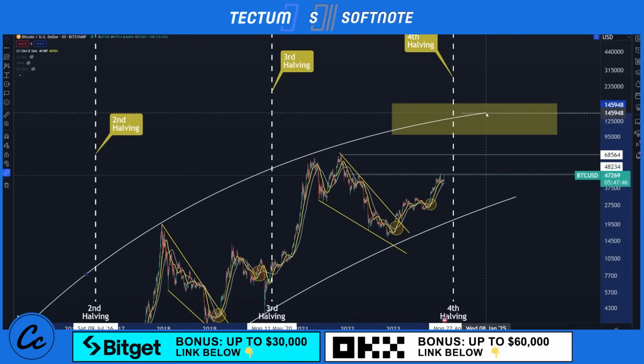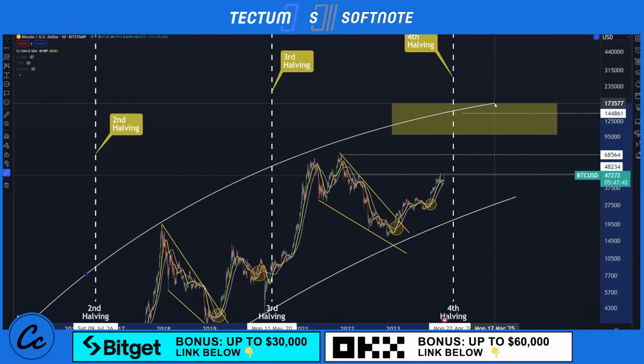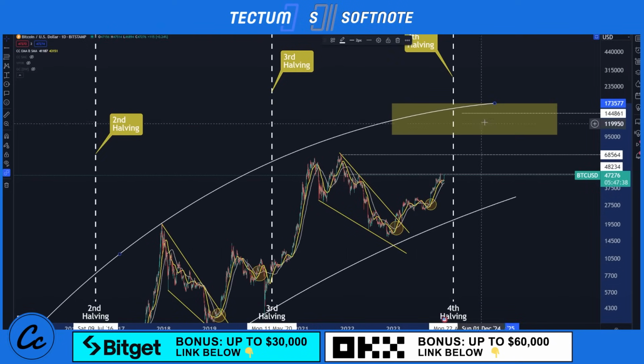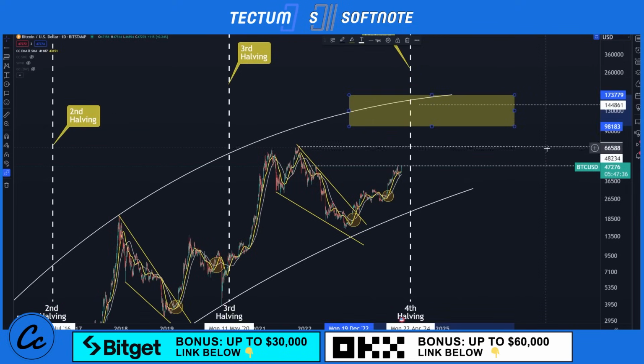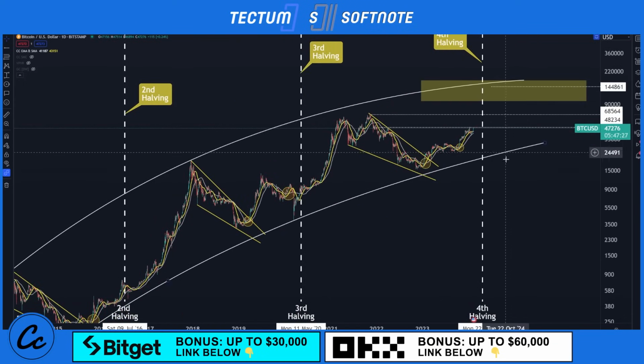I've gone through this a number of different times already. We can see lots of different potentials here in the market, so we can look at this in many, many different ways. But I would say that realistically, we're somewhere between 98,000 and 173,000. I think that's a nice place to be aiming for. So all in all, this is a great place to be thinking about, and a great place to start thinking about your trades.